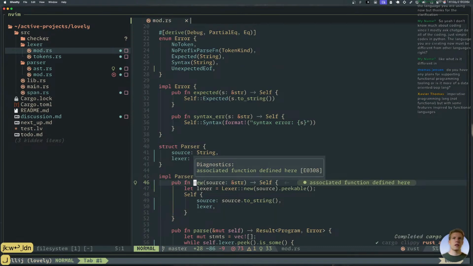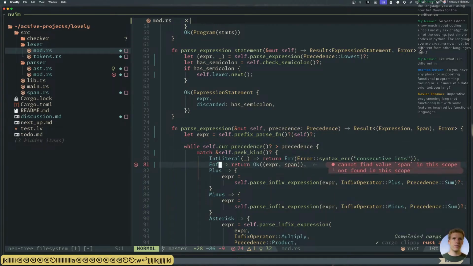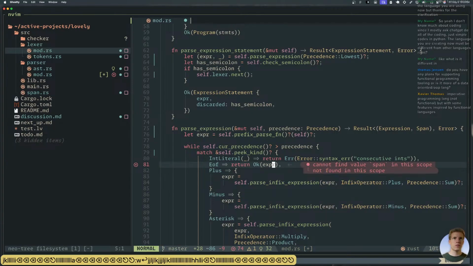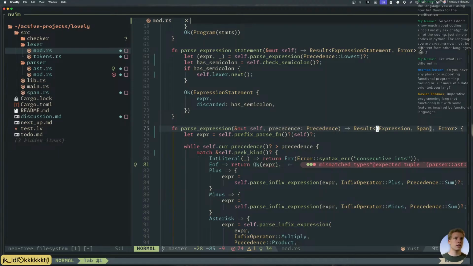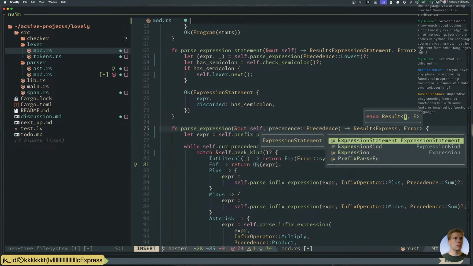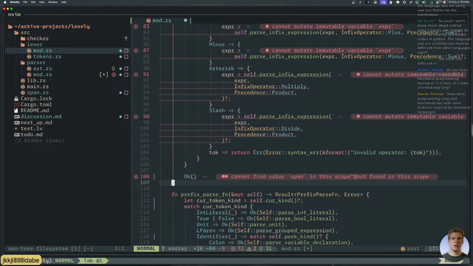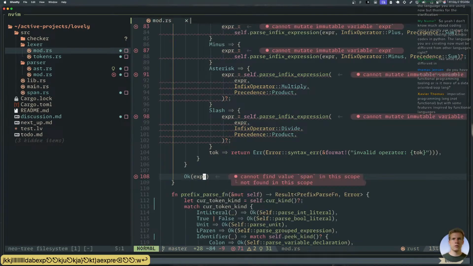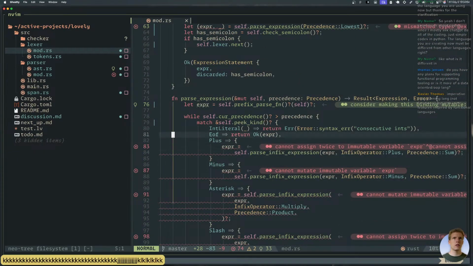Okay. Now go back through and undo everything I just did. We just want an expression. Expression already has its own span. It's fine. This just returns the expression. Oh man. Returns the expression. What's wrong with this? This is ridiculous. Well, who made this type? Who made this type? Expression. Okay, so, oh dear, oh dear. Okay. Oops. Okay, everything's broken. This needs to be mut.